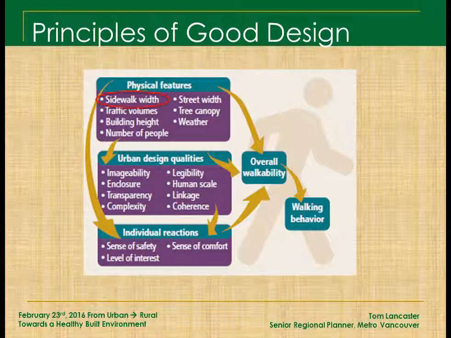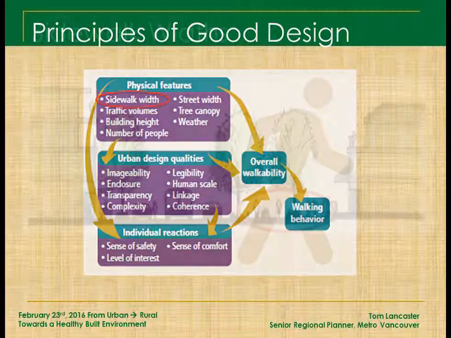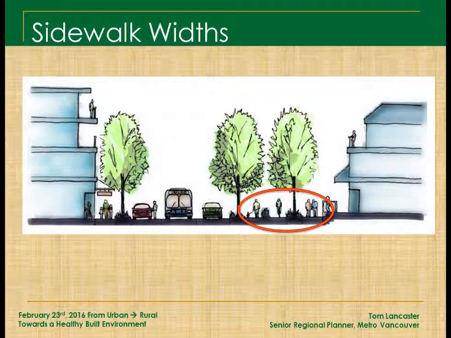So the principles, I'm going to go through these really quickly, but essentially, if you can look at the physical features, the urban design qualities, and how people react to those, and bring those into the planning process, you can start to form a really beautiful built environment. So what happens, we'll start with this. Very simple things, sidewalk widths. You gotta have a big enough sidewalk, or else you're walking sideways past a mom with a stroller. What you want is enough room to have everything happen at the same time without being jostled into the road. So we look at sidewalk widths and then buffers between the sidewalk and the road.